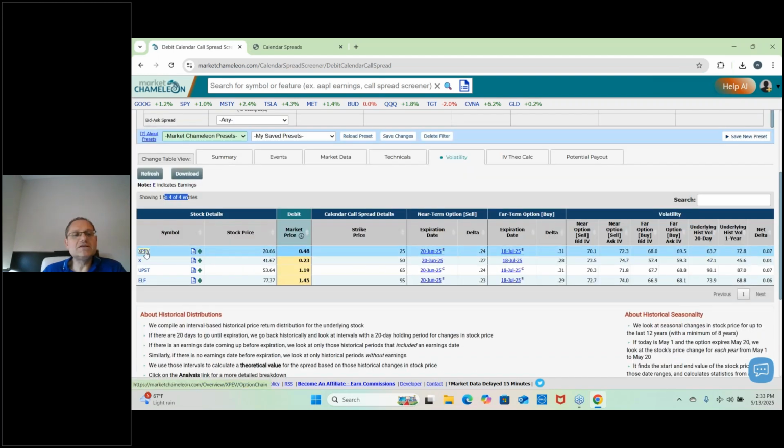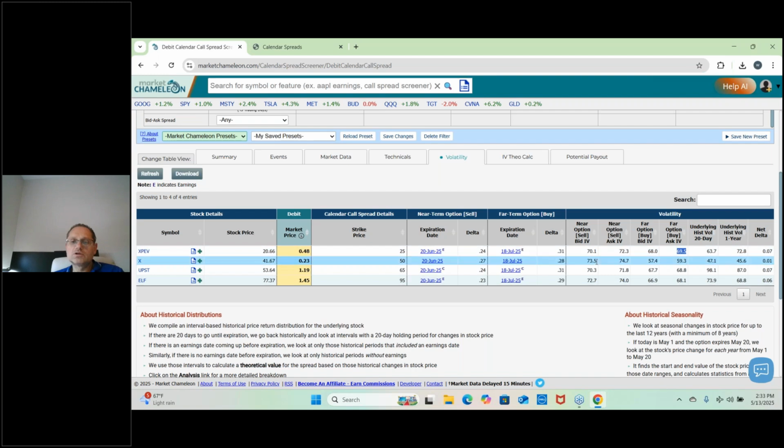So you could see here XPEV. The near term is above 70, while the further out term is 68. So they're close, but there's still one above 70, one below. Here's X, the nearer term, this June 20th. This particular option is around 74 implied vol, right? If we just look at the midpoint, while the further out option on July 18th is